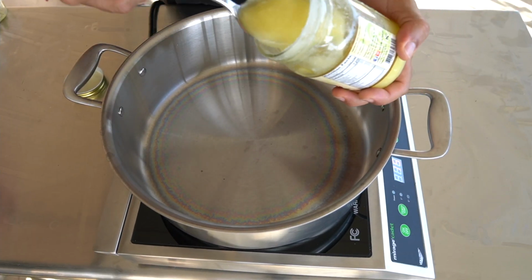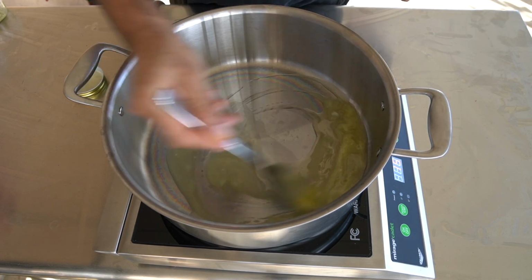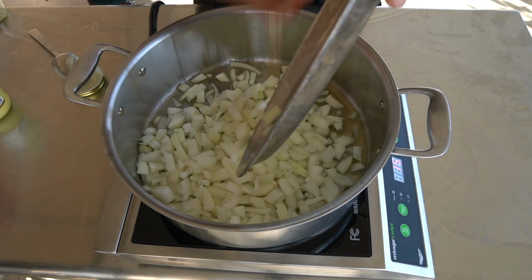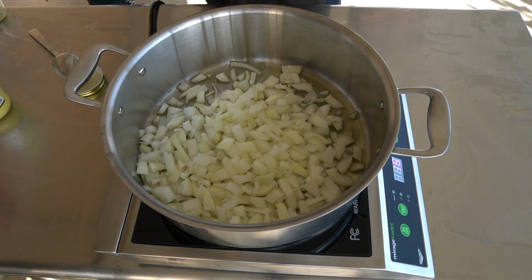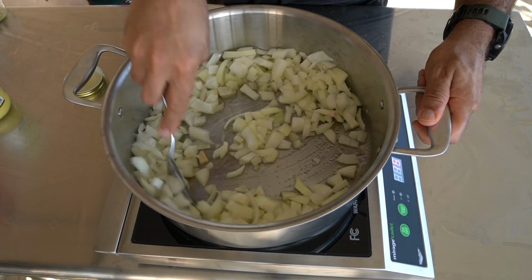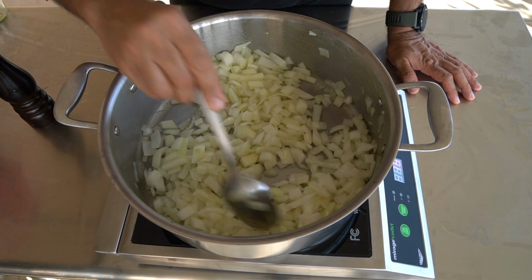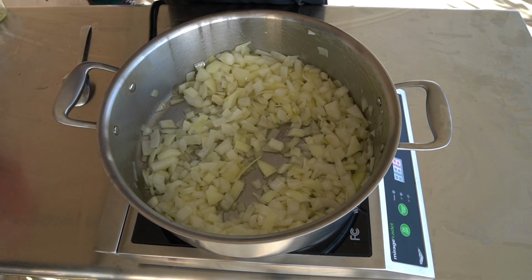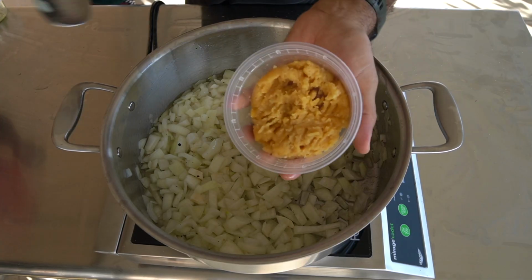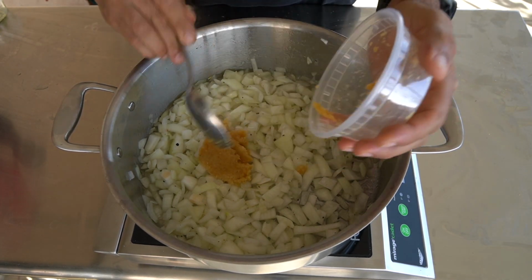We're gonna use some ghee for that. Just clarified butter, a good amount. Now we add in onions. A good pinch of salt. Just cook until they're translucent. Then add some fresh pepper to it. Now we're gonna add some garlic paste, ginger paste,